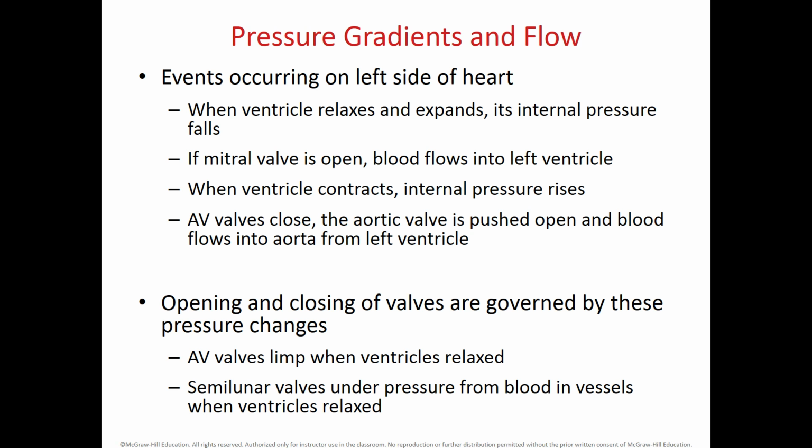And then the mitral valve is open, and the blood flows from the atria into the ventricle. When you fill this ventricle with blood, the pressure inside the ventricle will increase,